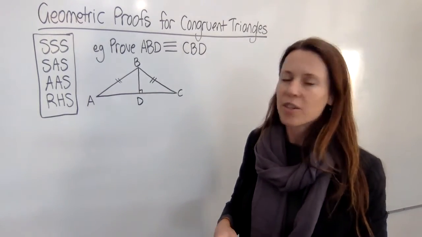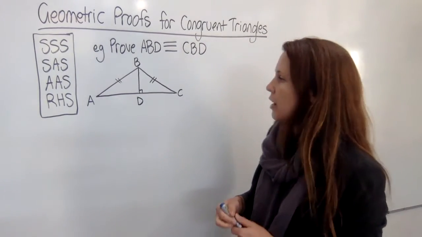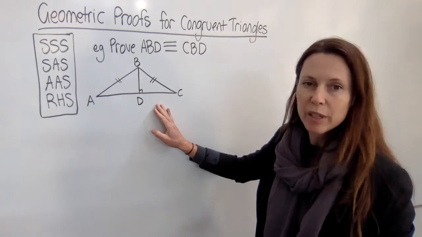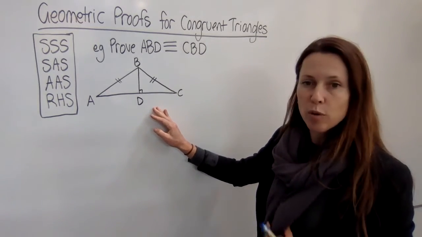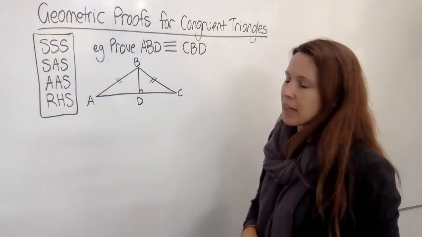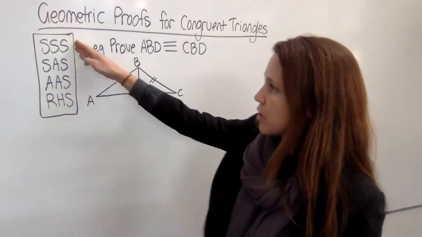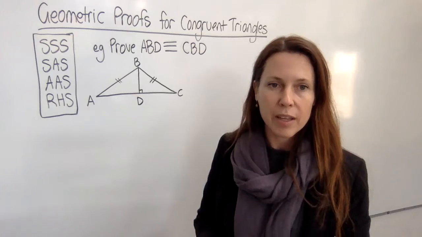Okay, now to write our own geometric proof for a congruent triangle. I've deliberately picked this example because it gives me great flexibility and shows you that you can often find more than one way to write a proof. Now, the key thing to do is to choose which of these you're going to use and then go for